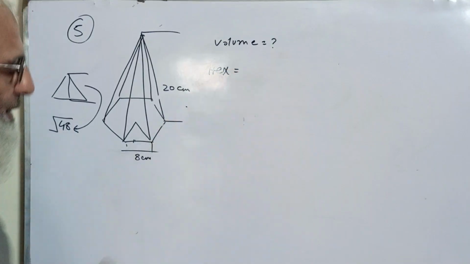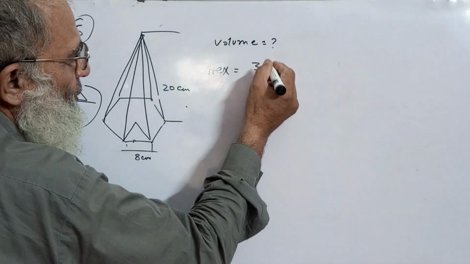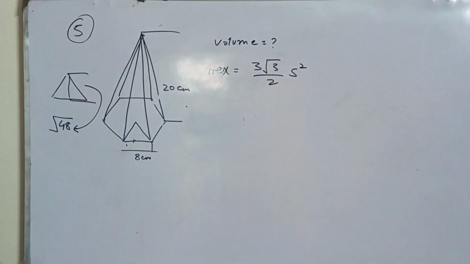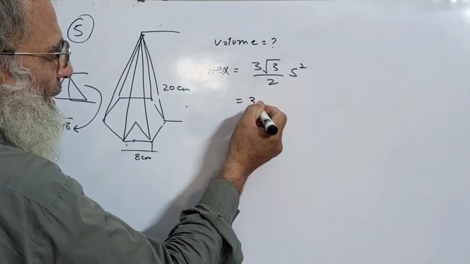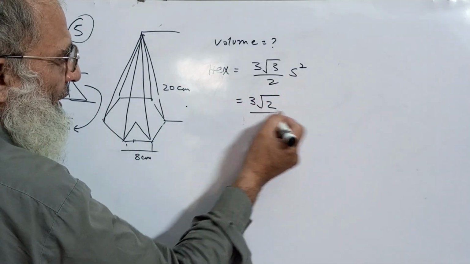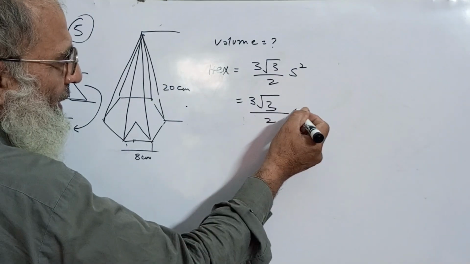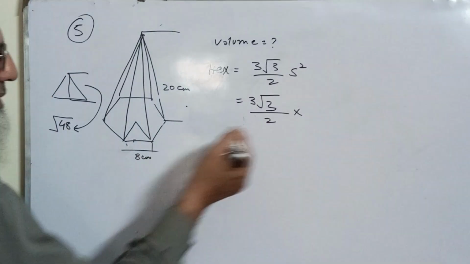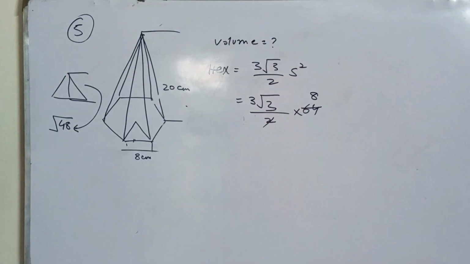For the regular hexagon, the area is 3 root 3 divided by 2 multiplied by s square, where s is the side. So this is equal to 3 root 3 divided by 2 multiplied by s square. S square is 64 over here. So it will become 8, and root 3 is